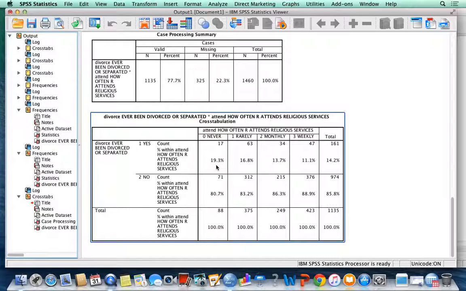Those who say yes on divorce and never go to church is 19.3%, and then 16.8% rarely, 13.7% monthly, and 11.1% weekly. And then epsilon will be 8.2%. So, okay, question number 3. If you compare these results,